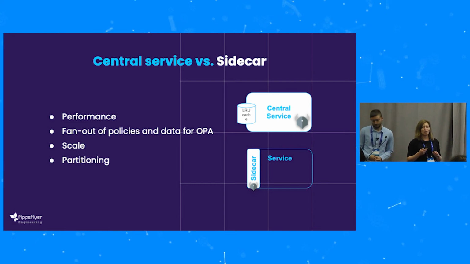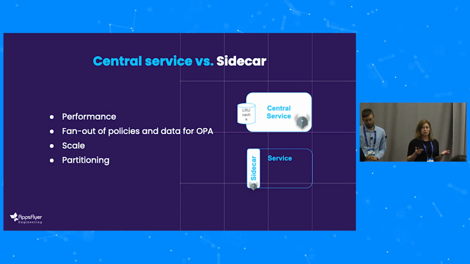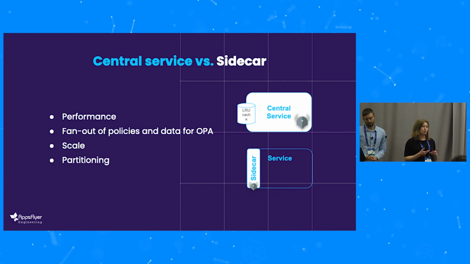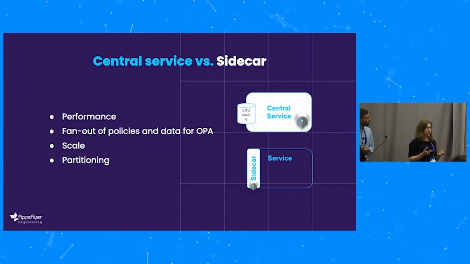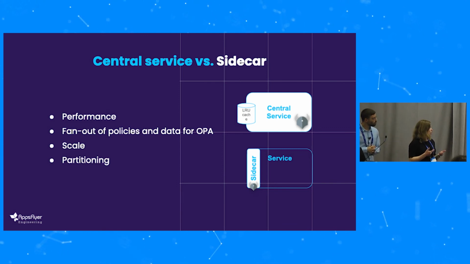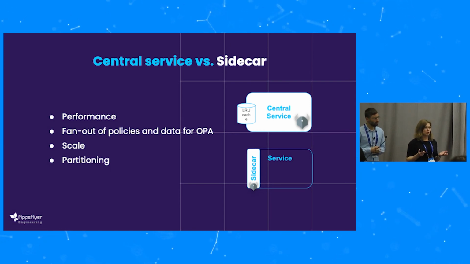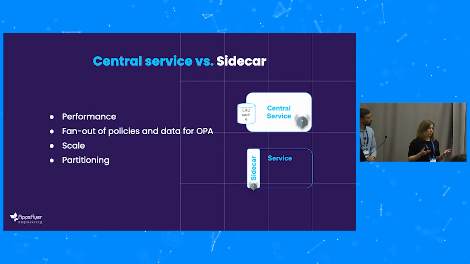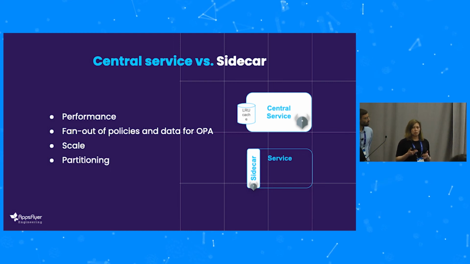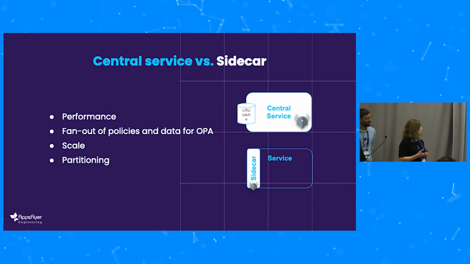The problem is that if you use a sidecar, you have to fan out the policies every time there is a change in the policies or in the permission definitions. You have to fan out the changes to all of the sidecars, which could be pretty challenging, and it can also create consistency challenges because it takes time to fan out to so many microservices. It's possible that, even because of availability, some of these services got the up-to-date definition and some others at some point didn't get it yet. So it can create temporary inconsistencies.